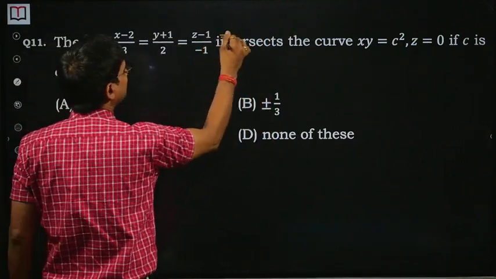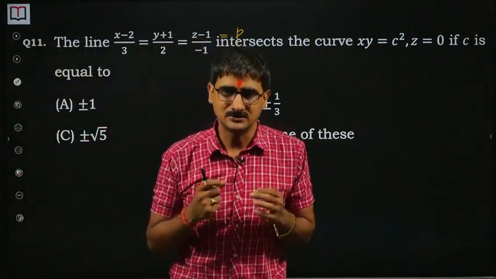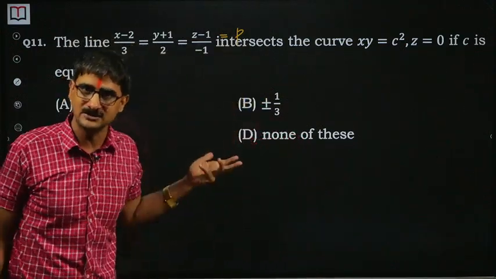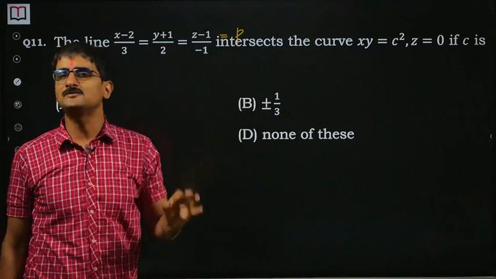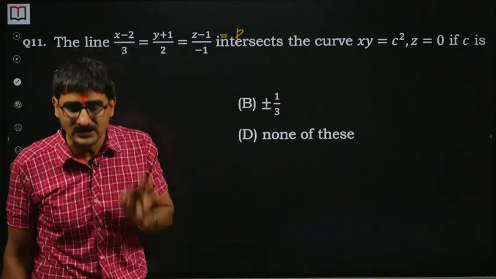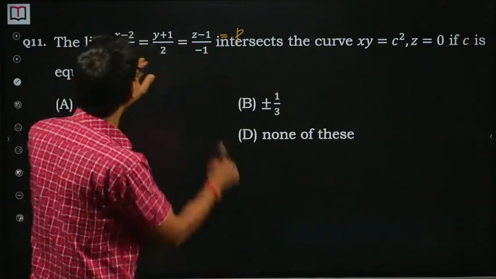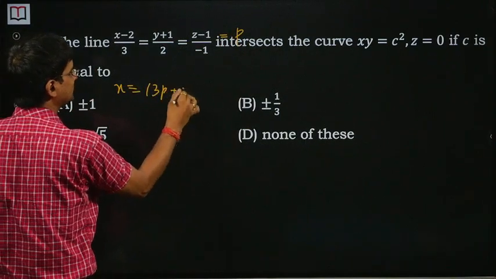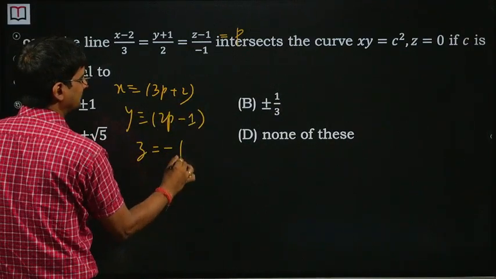We know how to use the equation of a line in terms of a point. To use any given equation of line, we have just three choices. Either we use it for its DR, the direction, or we use it for the fixed point through which it passes. Otherwise, the third possible way is by assuming any variable point x, y, z on the line. How do we do it? By equating all the ratios with p. So x is 3p plus 2, y coordinate is 2p, and z coordinate is minus p plus 1.